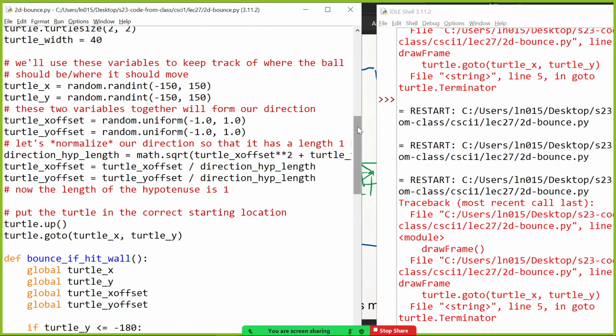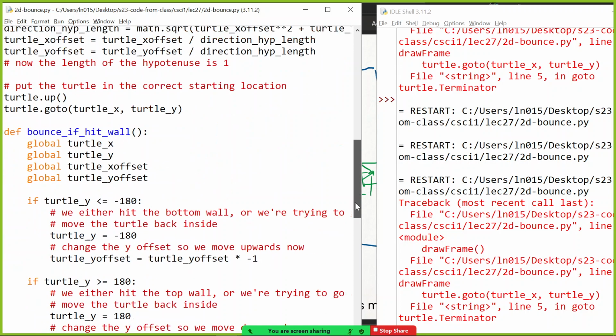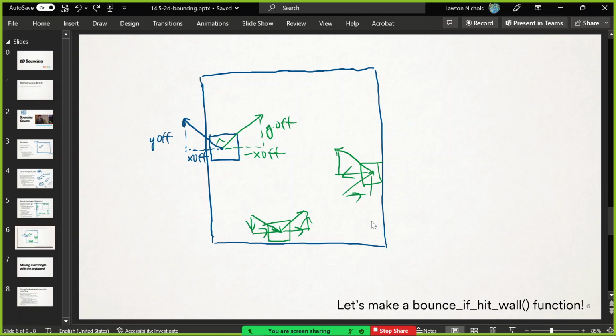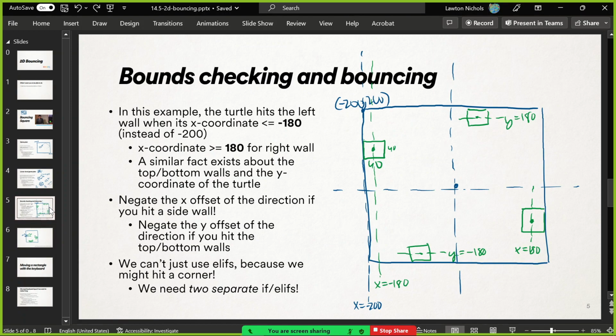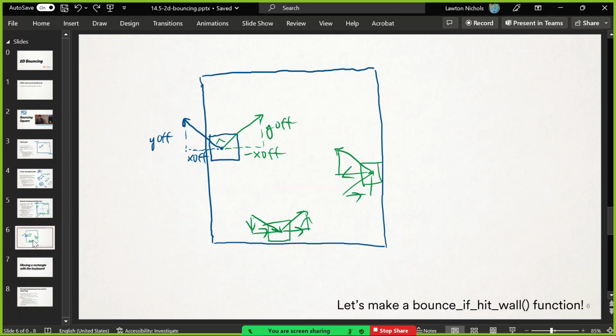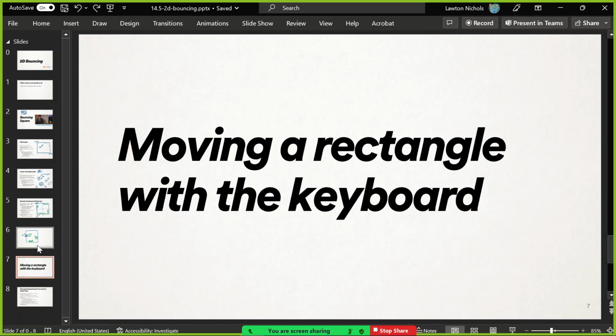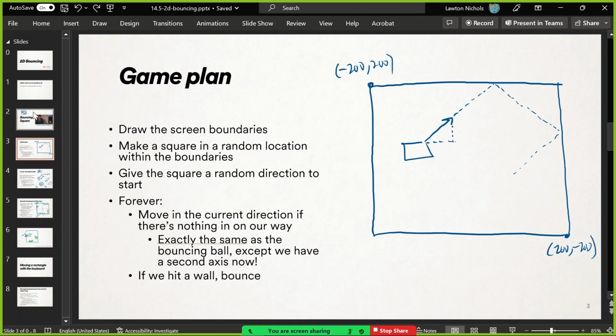And of course, I'll be giving you all this code. So that is that, I believe. Is that everything that I want to do for bouncing? Yeah, I think it works just fine. So that's that. And then let me show you my goal with this, because there's a reason